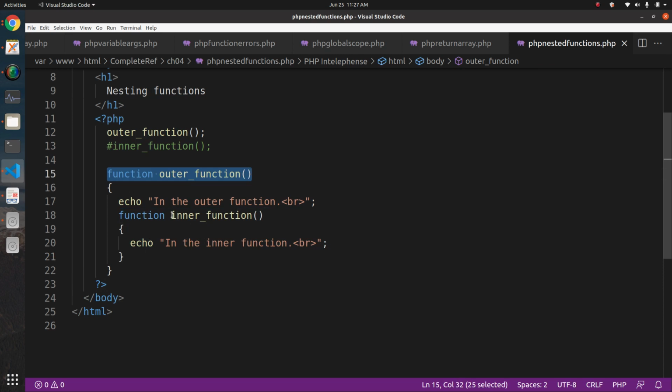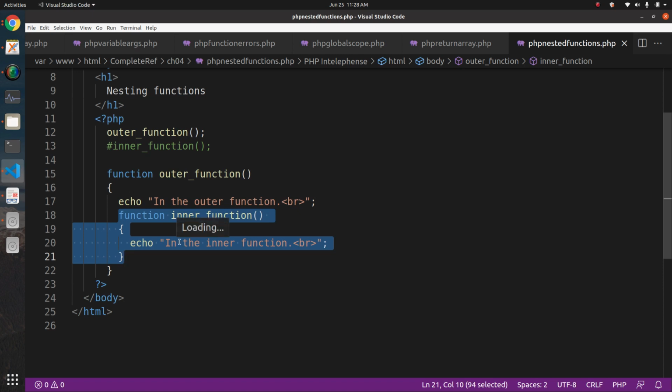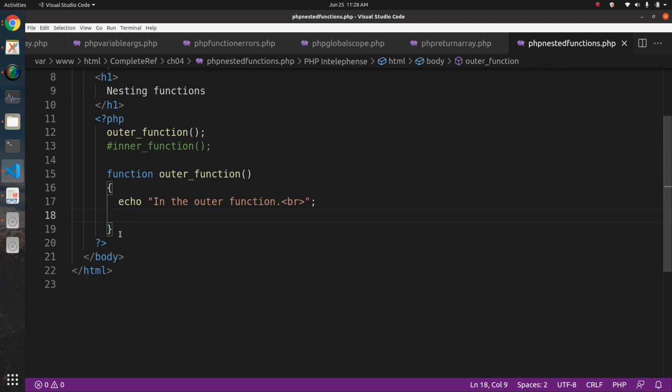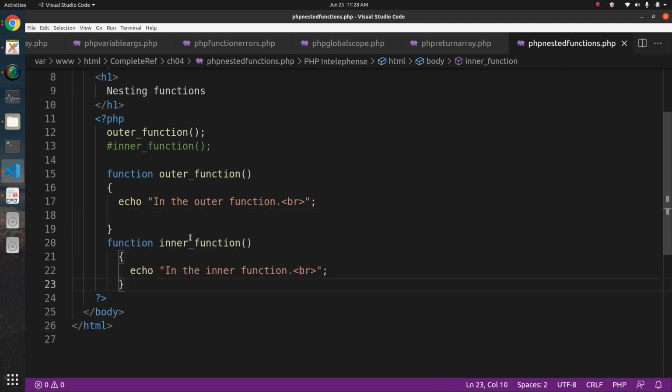If you want to execute this function, you have to explicitly call it. So you can see, I have just commented that call, and now you are only seeing this message, not this one. Why is this message not coming? Because this function is not going to be executed automatically. It will be executed only when you call this function. It doesn't matter where you have defined it. It is as if you had defined this function, let's say, here. So the impact of both is the same.